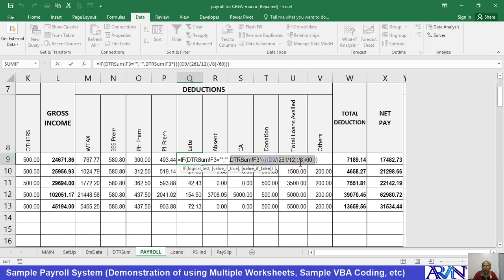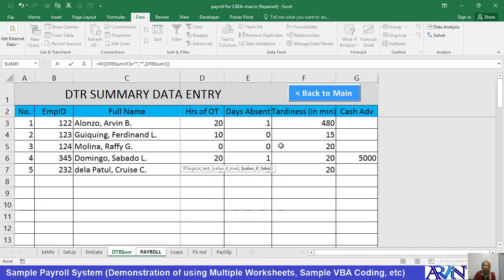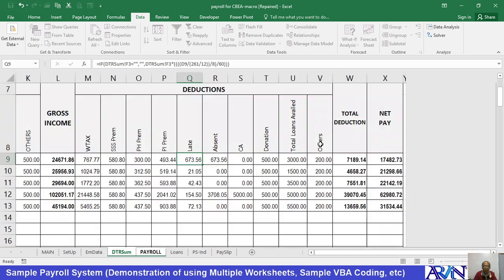261 over 12 over 8. Because we are referring to number of minutes for the late here, over 60 minutes. Then it will be multiplied by the number of minutes that we place in the DTR summary here. Okay, so